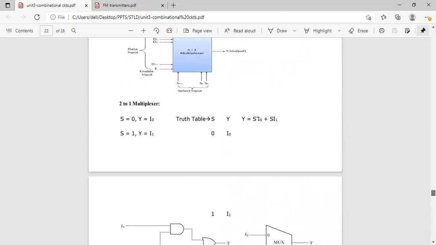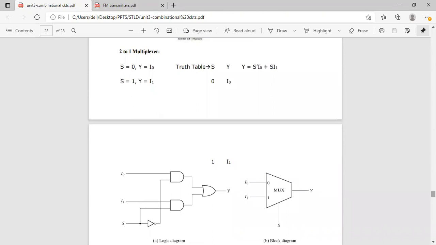So by using that expression, you have to draw the logic diagram. Multiplexers and demultiplexers are also combinational circuits. So how can we design a combinational circuit? From the given data, you have to identify the number of inputs and outputs, and after that you have to assign the letter symbols, and after that you have to draw the truth table, and from that truth table you will get the output expression. You will get the output expression from the K map also.